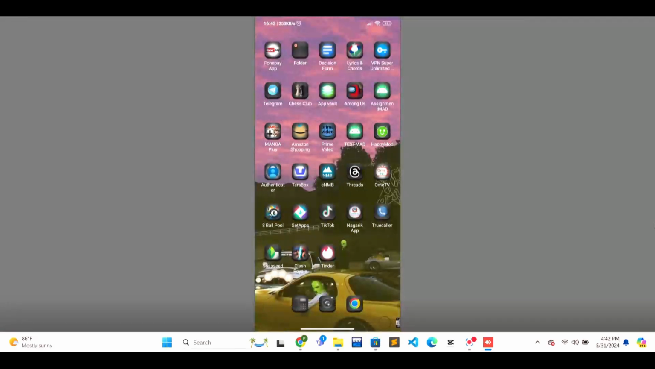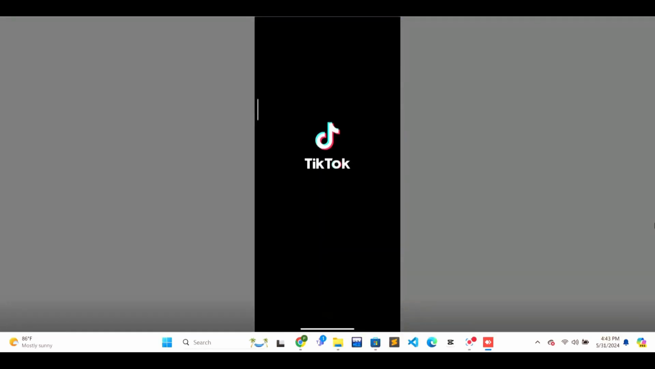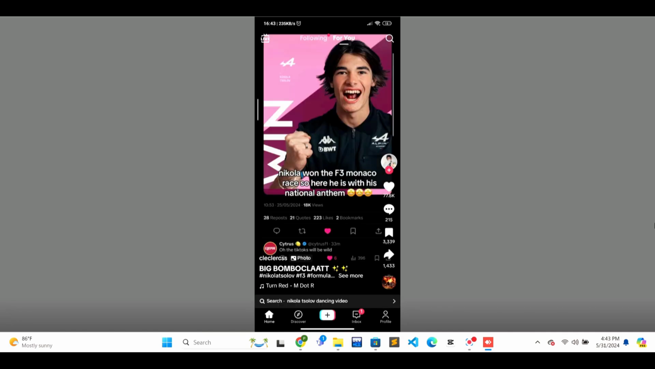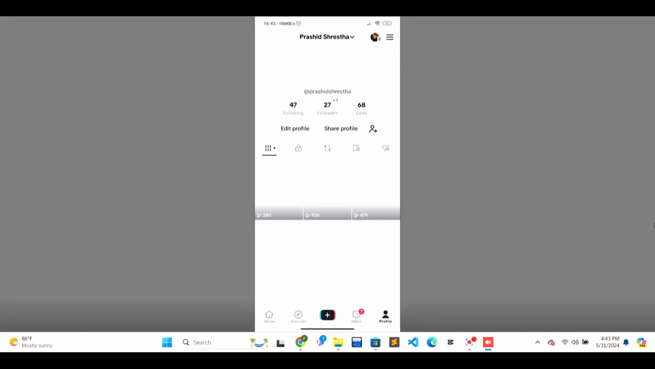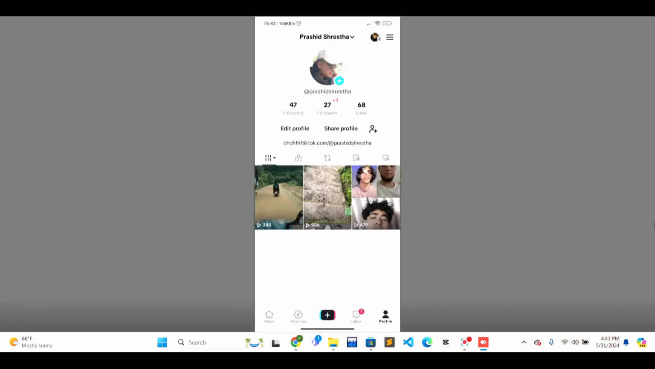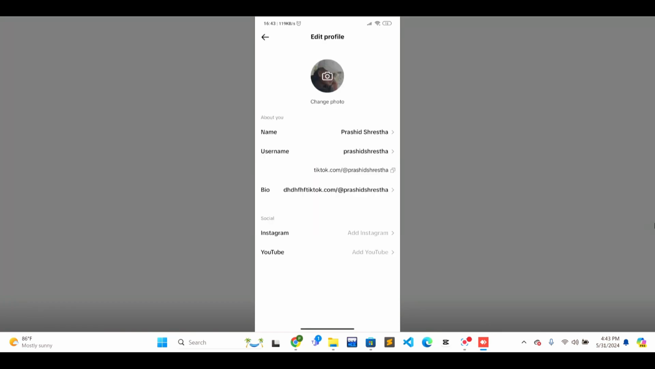Now let's get started. So firstly, you need to open the TikTok application. It is available in both the Play Store as well as the App Store. And when you are inside TikTok, there is a profile section in the bottom right corner. Then you just have to click on the profile section. And when you are inside the profile section, there is an edit profile option. As you can see there, just click on the edit profile option and I'll show you how you can copy a